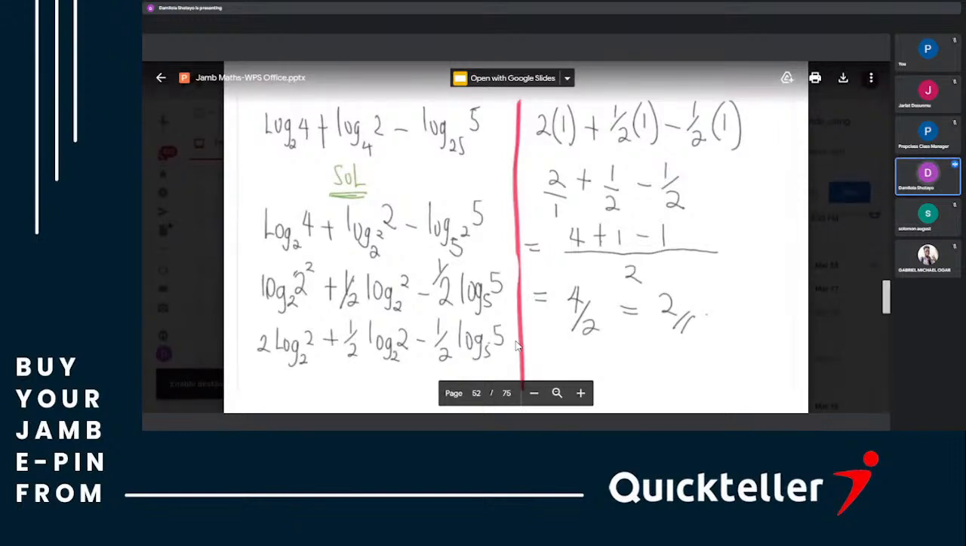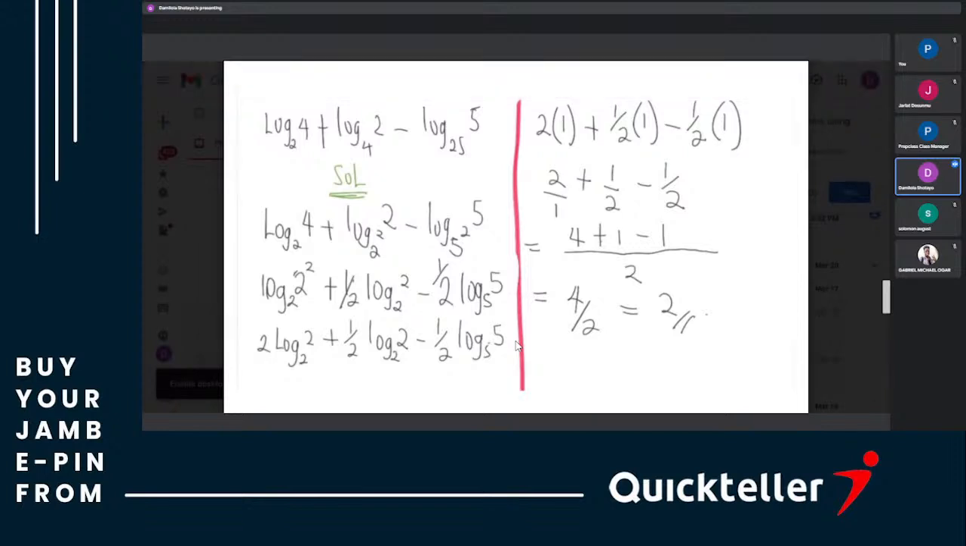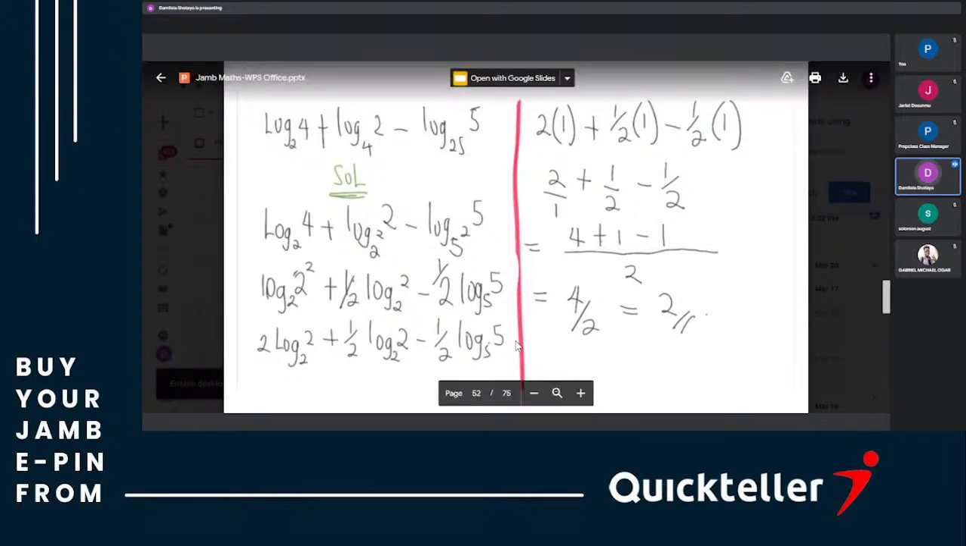I'm talking about this one. Log 2 4 is log 2 2 raised to power 2. That 2 as a power will come to the front. It will become 2 log 2 2, solved fully. Second one,